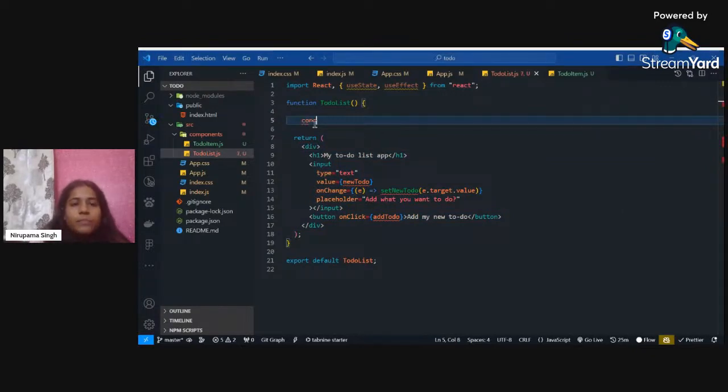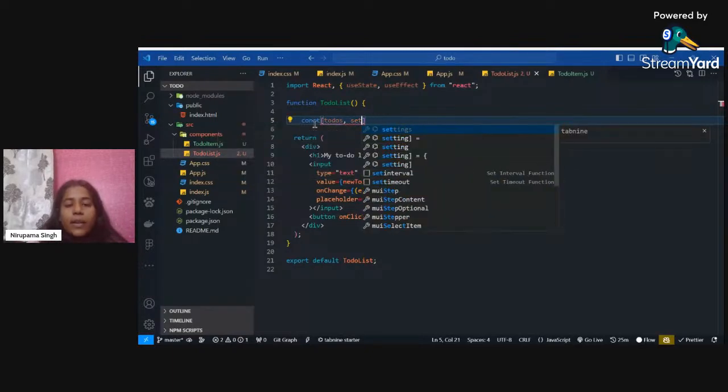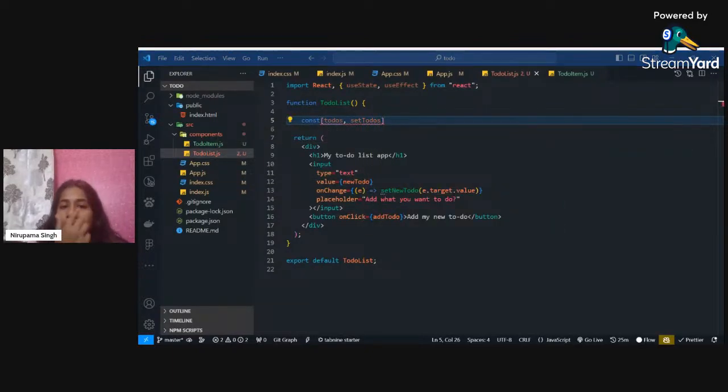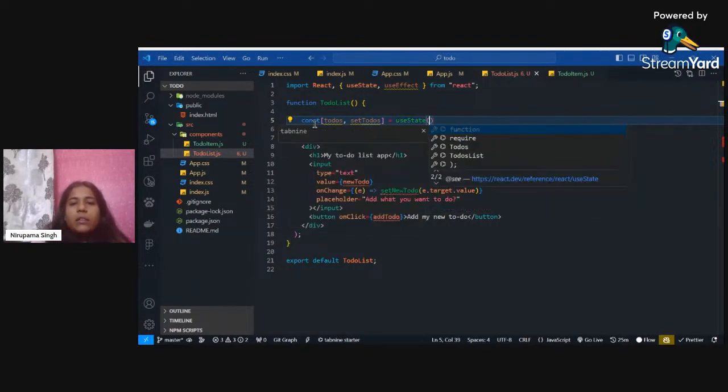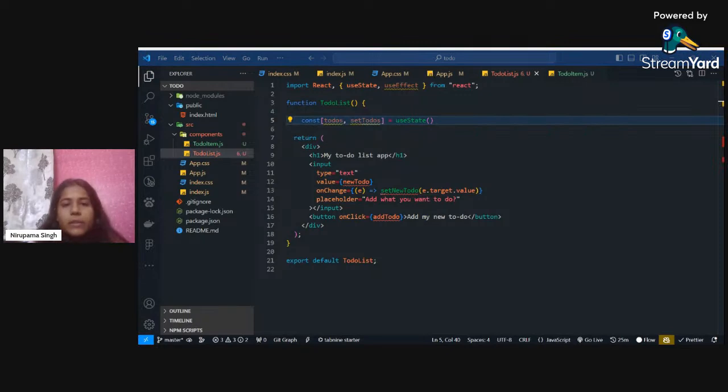So let's create a function. First, we are going to define the variables. So this is to dos. Then there is set to dos that we will define. So what are to-dos and set to-dos? To-dos are the items that we'll be picking from the input field, and set to-dos is the functionality that will pick up the to-dos and set them somewhere. Where, we'll see. So we are saying use state and